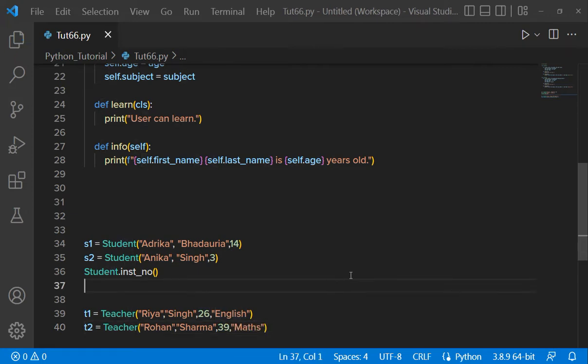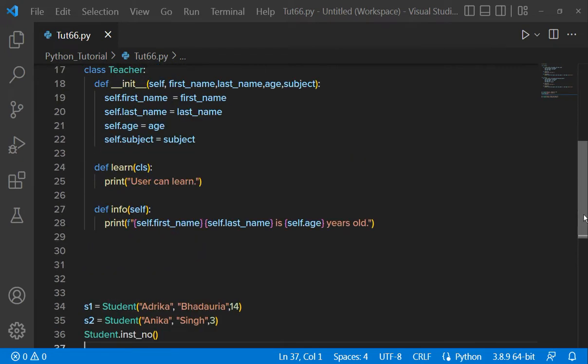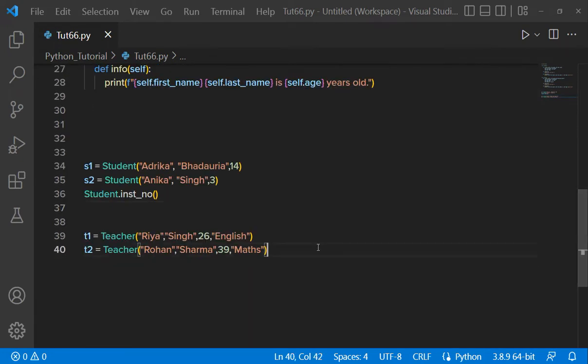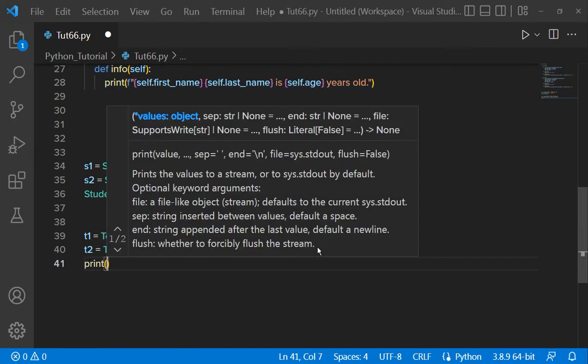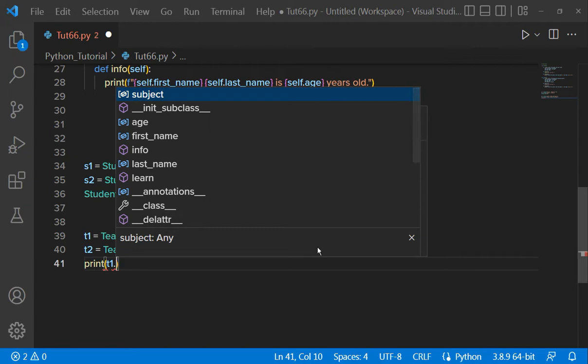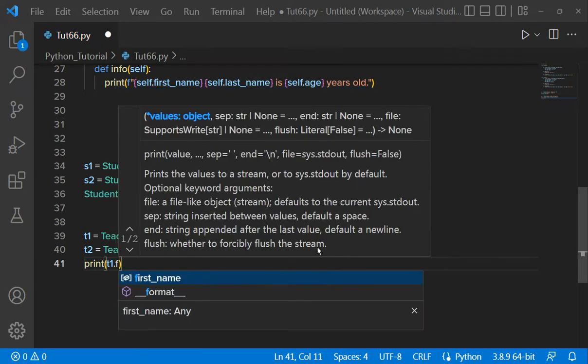Okay. So we have here. Now if I print T1 dot first name,